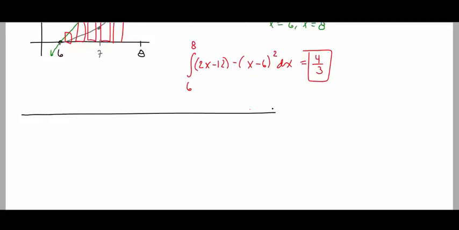Okay, let's go ahead and look at one more. This one's just a little bit different. It's a little harder because instead of y equal, we have x equal. So let's go ahead and find the region